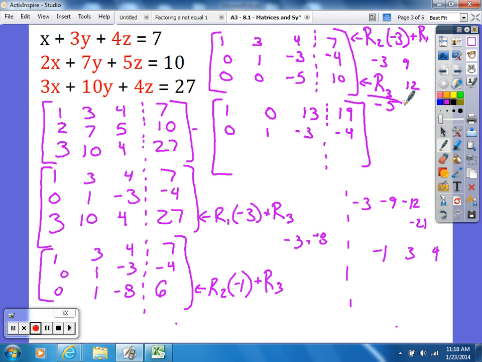I could think of it as multiplying by negative 1/5. What goes into both 5 and 10? 5, right? So I'm dividing them both more or less by 5, but I'm going to use negative 5, so this becomes a positive 1. And if I divide this by negative 5, I get